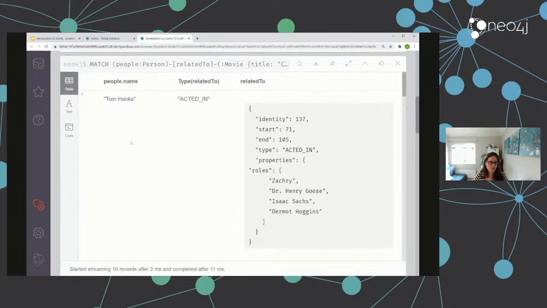So what we've got here, you can see we've got the person named Tom Hanks, and this is Tom Hanks's relationship to Cloud Atlas. So he acted in Cloud Atlas. And then here's all the other information about the